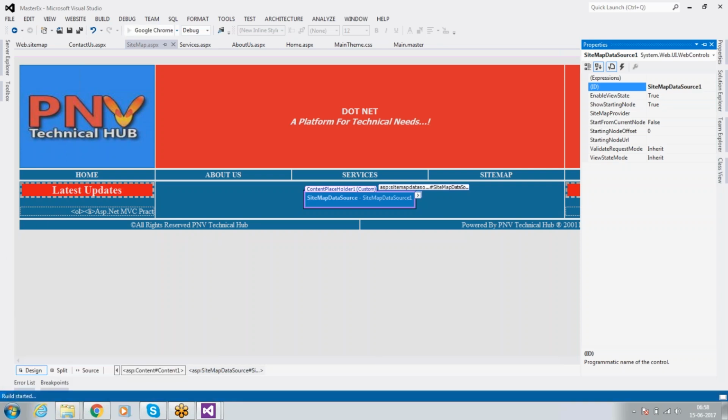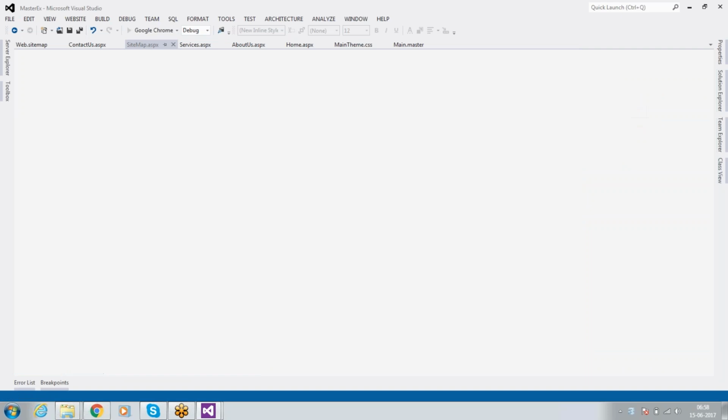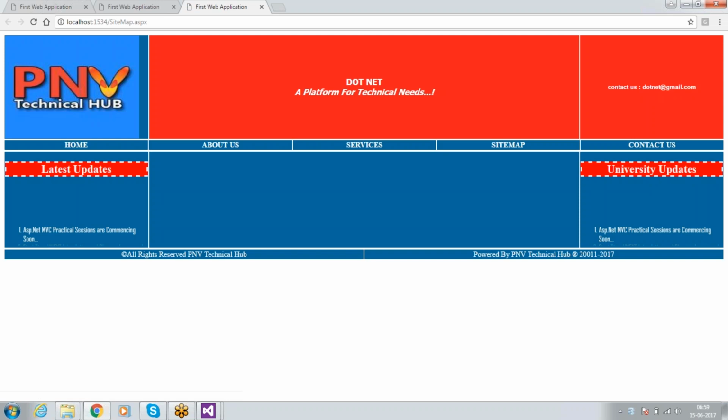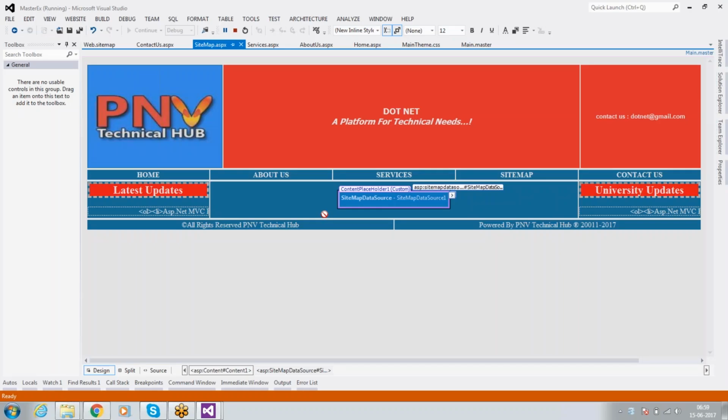Just execute this page. Let us see how this page looks. Nothing is displayed for us. In order to display this, we need to have one more thing.